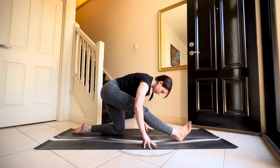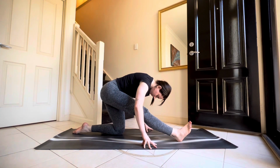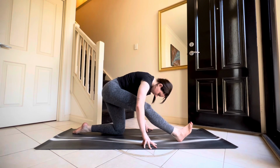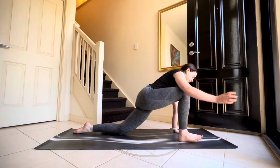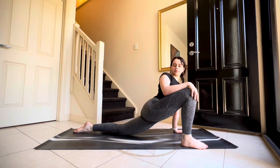You can have that knee as bent as it needs to be. Using your inhale to find length in the spine. And exhale to fold deeper over your front leg. Come back through low lunge and then walk your outer foot to the outside edges of your mat, coming into